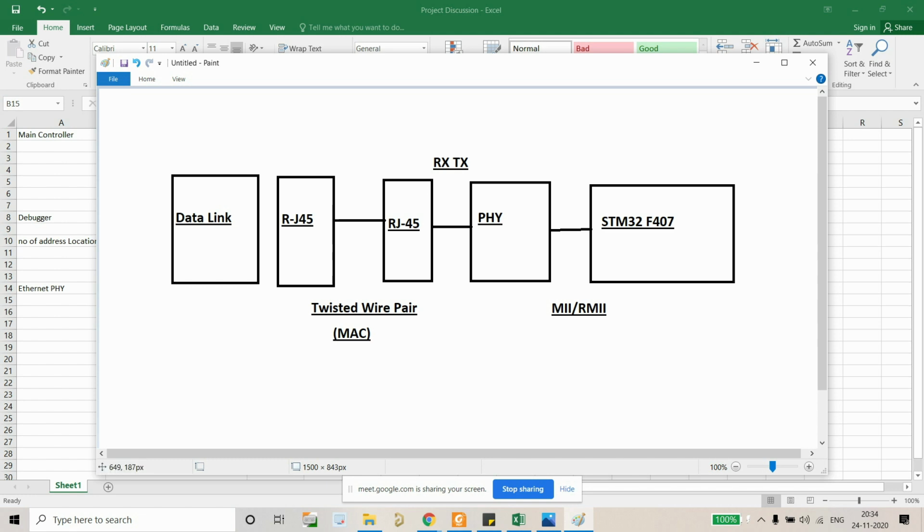So I'm discussing the first section, which is related to our controller. And yes, you are right, here we need another PHY, which will translate all the data coming from this PHY, because our data link layer only understands the other part of that PHY. So here I'm discussing this right section, as you can see. Do you get my point? Again, my question is: what are the MII and RMII interfaces? Anyone?